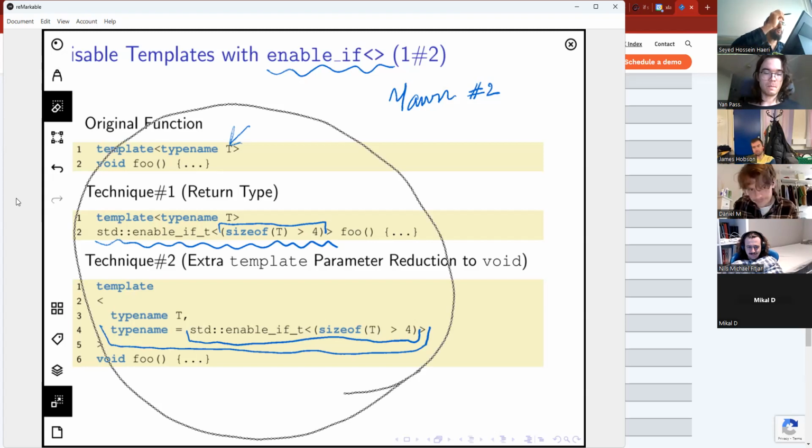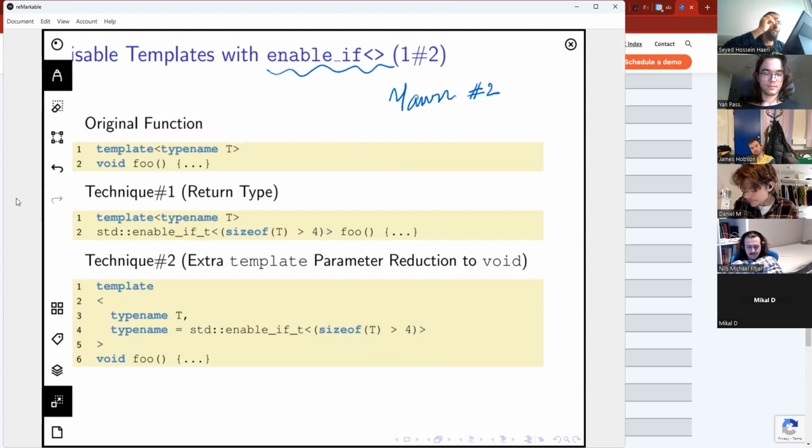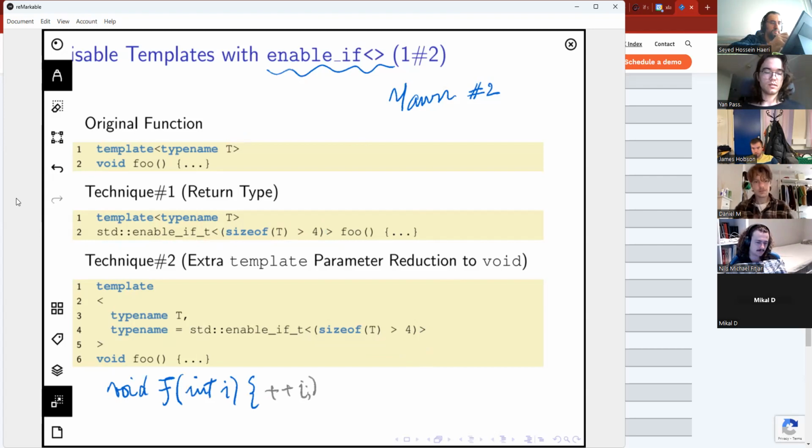Now, let's focus on the questions that were asked. First, James' question. So if I have a function void f, let's say, that takes int i, and inside it performs plus plus i, I need to give the parameter a name.